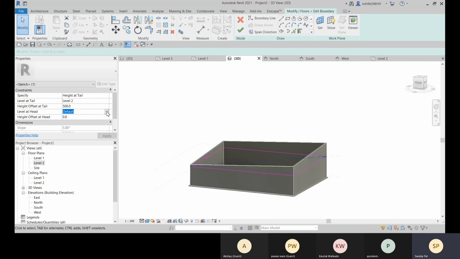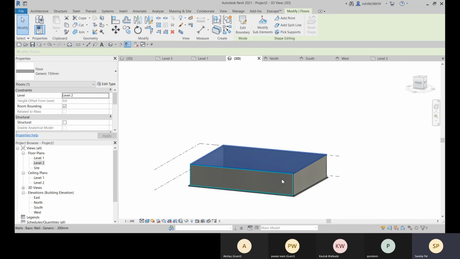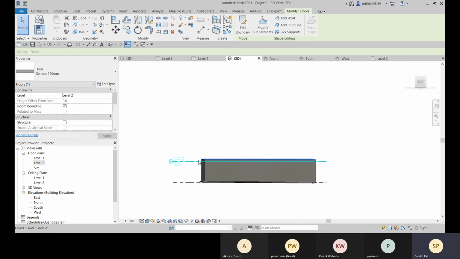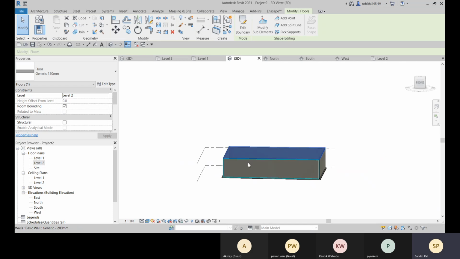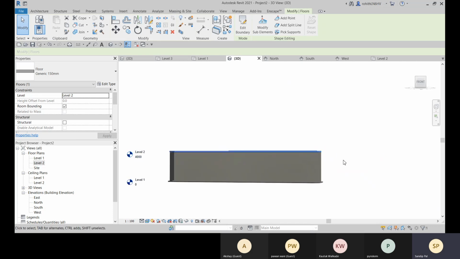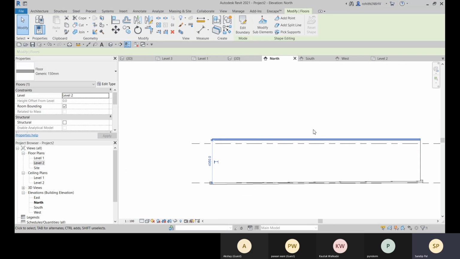So if you apply this, the head position will be at level 2, and from that you give 500, the same, so you'll have that parallel. Okay, we'll again have that parallel, but at a height of 500. So accordingly you can apply. Let me go to north, and here you can see. Okay, so we can go for these adjustments.